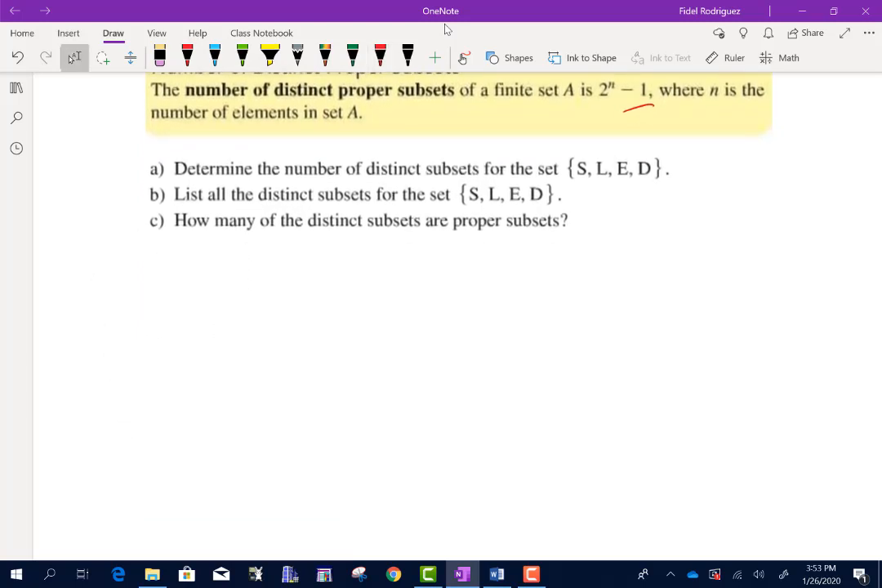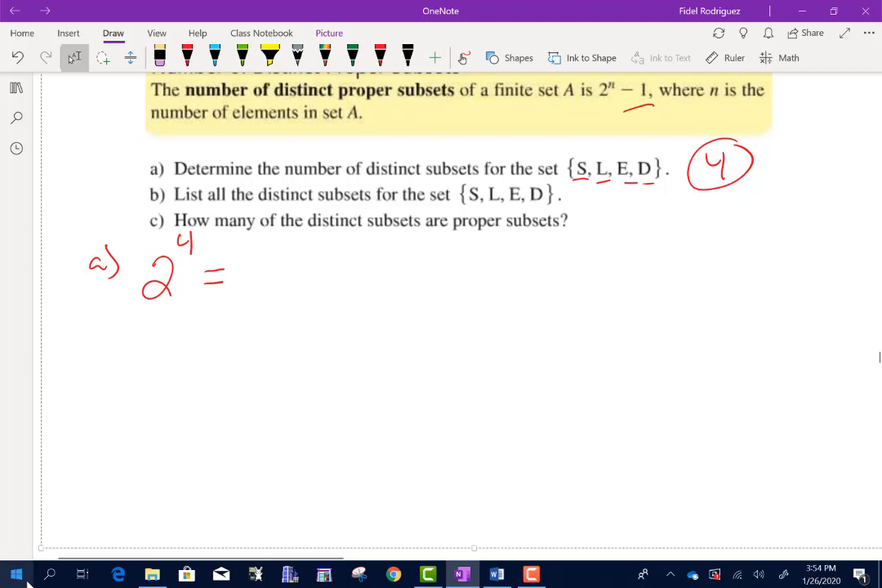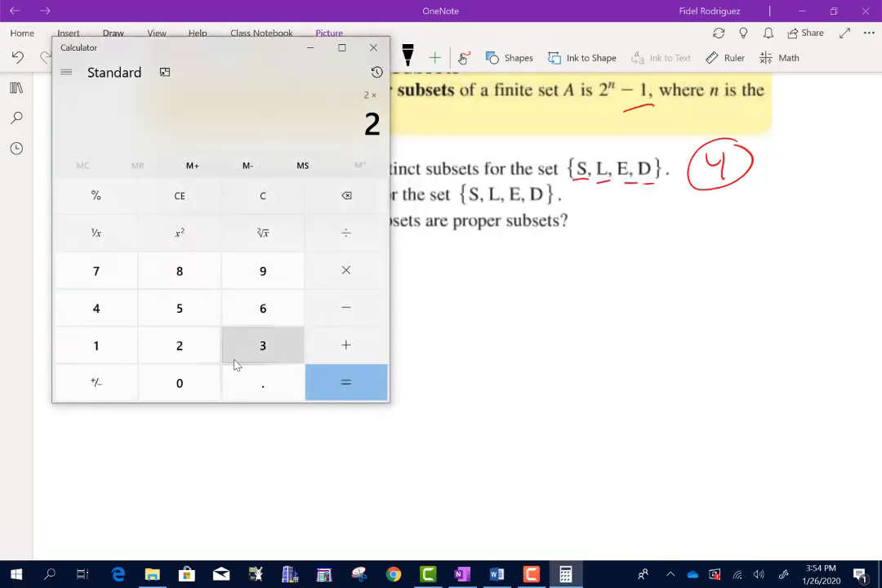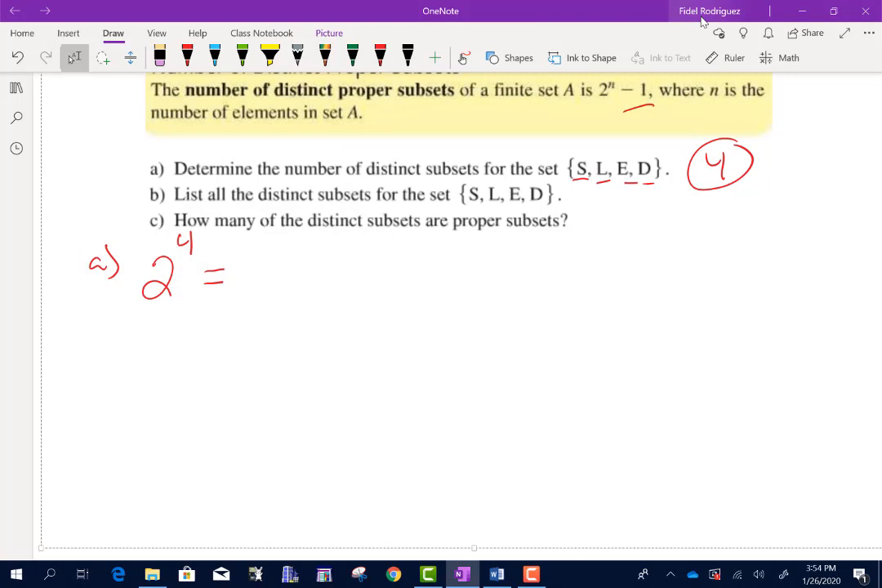So now, let's take a look here at part A. This is going to take us a little bit of time, so I'm going to do it in pieces. Part A says, determine the number of distinct subsets for the set containing the letters S, L, E, D. The first thing I'm going to do is count: 1, 2, 3, 4. There are 4 elements in here. So we're going to take 2 to the power 4. You can grab your calculator if you need to. 2 times 2 is 4, times 2 is 8, and one more is 16. So there's going to be 16